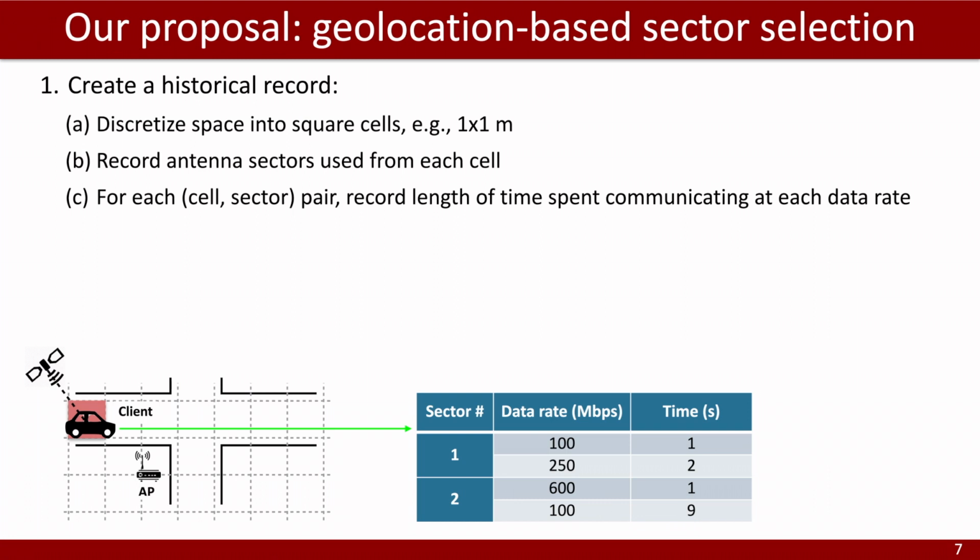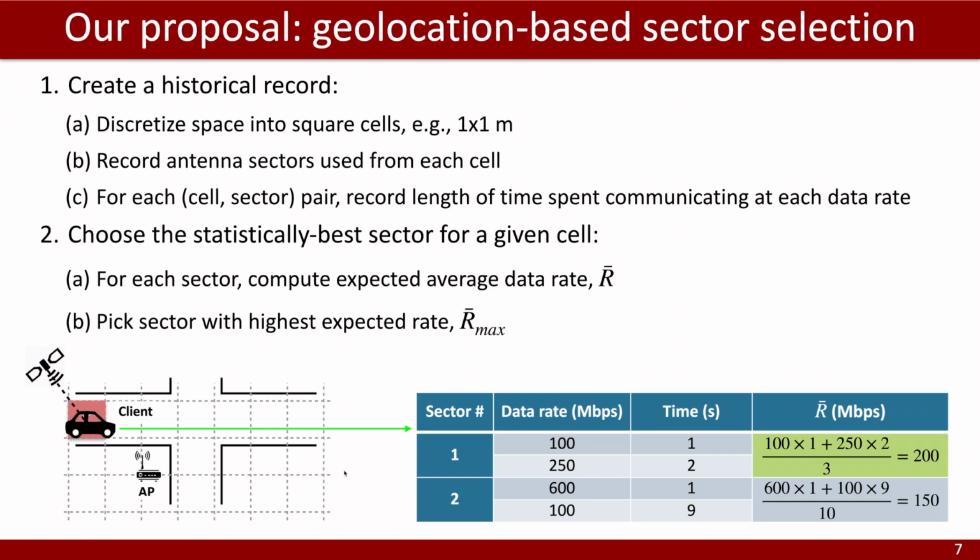Once this historical performance record has been established, we can choose the statistically best sector for any given cell by computing the expected average data rate for each of the possible sectors. In this example, that would yield 200 megabits per second for sector 1 and 150 for sector 2. That being the case, we would pick sector 1 as the sector to use anytime we are in this particular